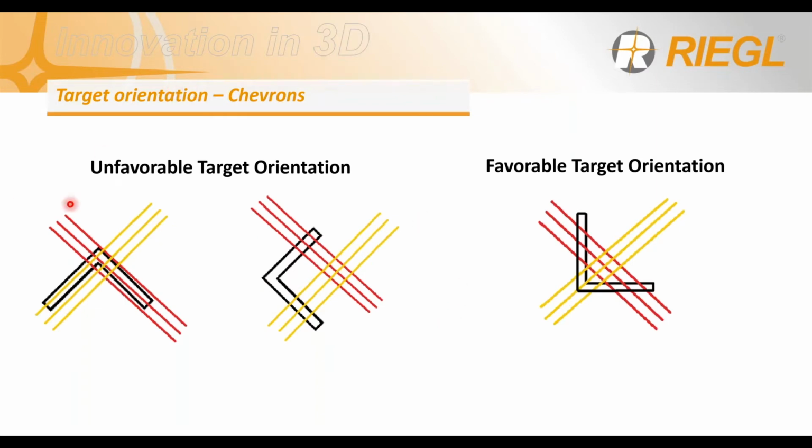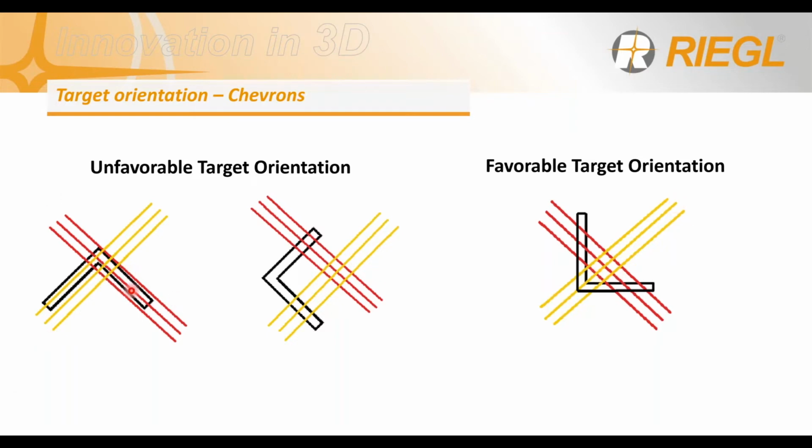If you look here, we have unfavorable orientations and favorable orientations. Looking at the two unfavorable, the big thing stopping us is that we have parallel lines hitting our target, as you see here, and then we have them running on these bottom sides as well. If in the field these chevrons were placed this way, imagining our trajectory going south-north on the PowerPoint, they actually wouldn't be picked up. They could be, just the odds would be very unlikely,